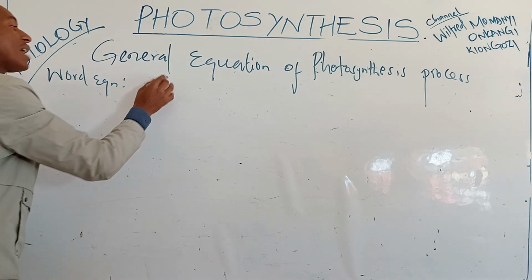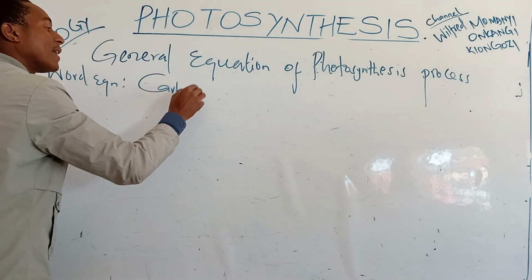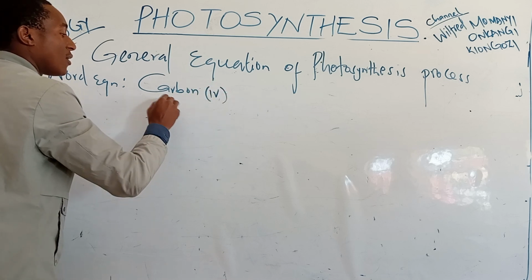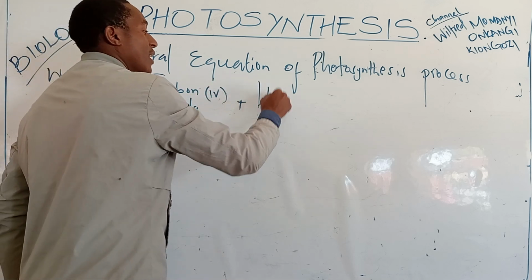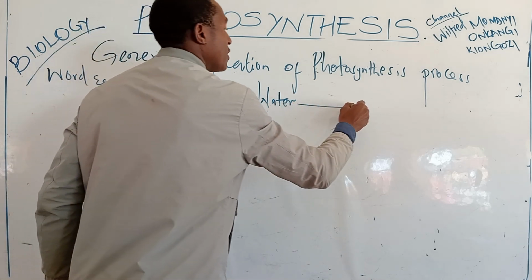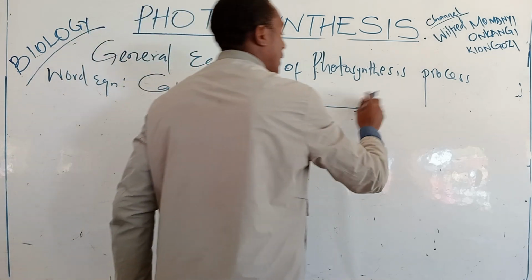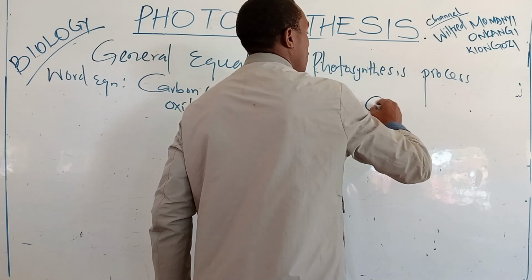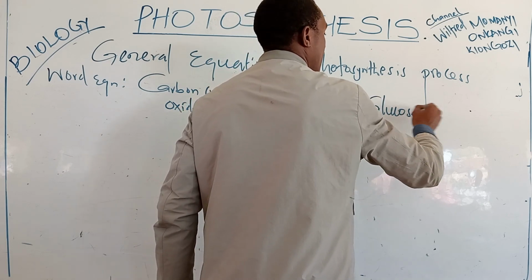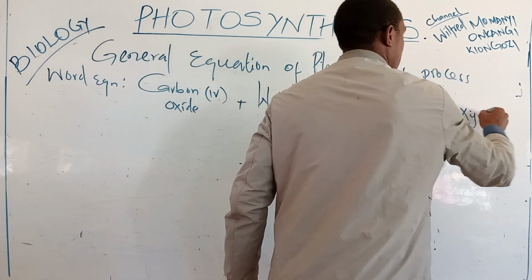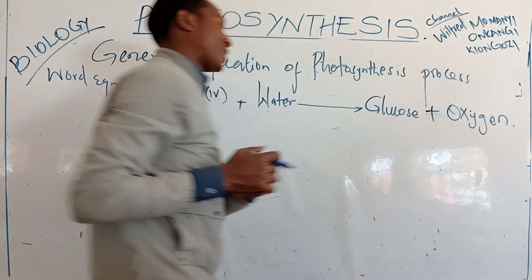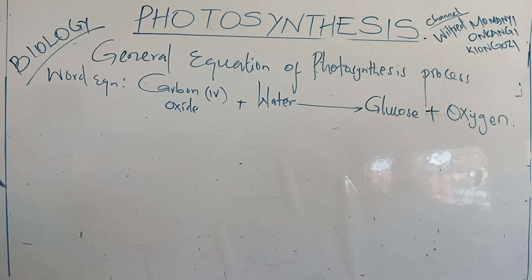We have carbon dioxide plus water, then you put the arrow, gives us glucose plus oxygen. Glucose plus oxygen. So this is the general equation. That is the word equation. Chemical equation: